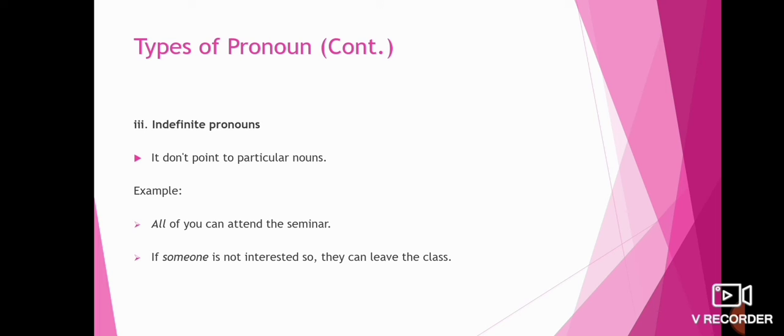Then here comes the third type of pronoun, that is indefinite pronoun. So indefinite pronoun is the very name mentions कि हमारे साथ वो pronouns हैं जिसको हम like use करते हैं but it do not mention or specify a pronoun के मतलब किसी particular noun की तरफ ये इशारा नहीं करते. It is some type like we can say in general, like for example I can say like this, all of you can attend the seminar. Now you see all is used over here, so it actually do not refer to any of the particular person.